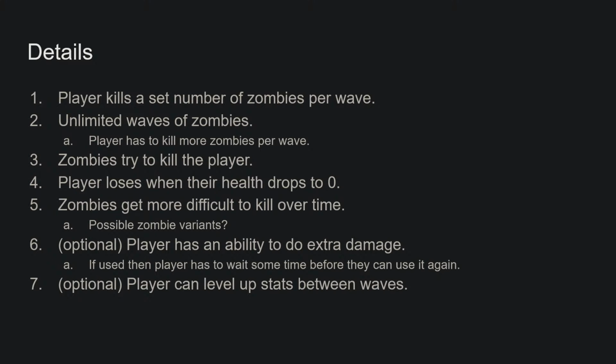So the first detail is the player kills a set number of zombies per wave. There are unlimited waves, or maybe we could change that to a set number of waves and the player wins, or you could have an endless mode where they just keep going forever. As the waves progress, you can see down there at 2A, the player has to kill more zombies per wave. So like the first wave could be 5, the second wave could be 6, and then just continuing on like